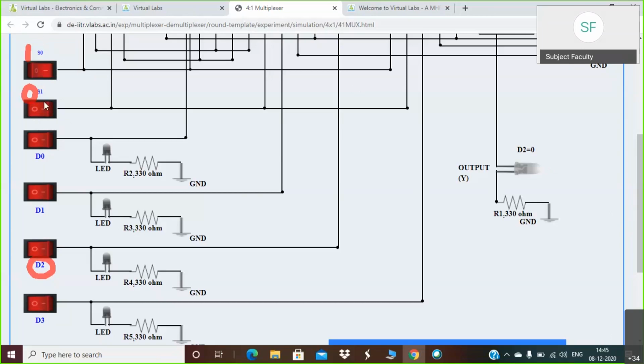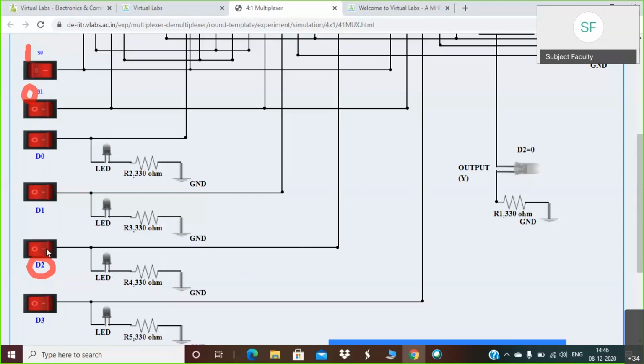So due to this, what happens? Now D2 has been selected. Just observe the D2 LED and your output LED. Currently D2 is 0, so that's why you are getting output as 0.